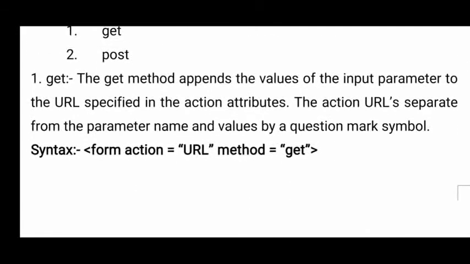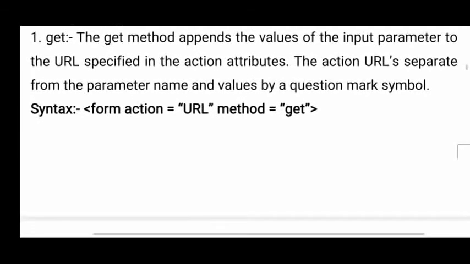Get method, see, actually get is one method. Any public website like google.com, such websites are there. Whatever information is there, that information is publicly available to everyone. So when you are submitting anything to public websites, or when you are viewing anything on public websites, there you don't want security. In those cases we will use method equals to get.